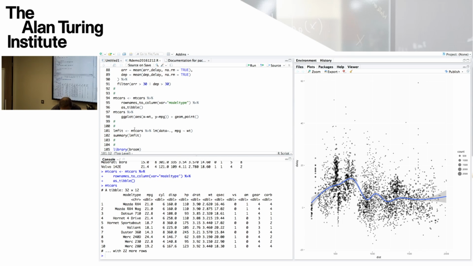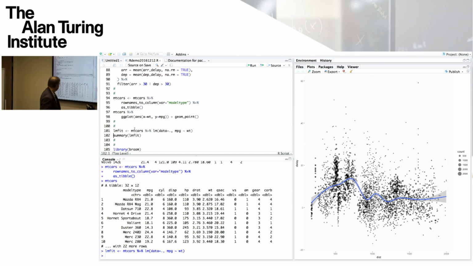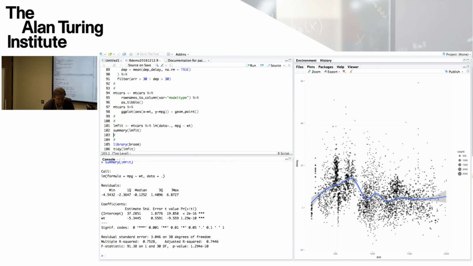And let's do one more. So if we take our tidied up version of mtcars and we do the following, then this tidier data frame becomes the data to an lm call. So we use the dot notation, as I've mentioned, to say that this left-hand side becomes inserted with the argument data to lm, and the model formula for the linear model is going to be a response variable mpg and weight as the predictor, and the saved output from that we'll call lm_fit. And if we do summary of lm_fit, then we'll get all that information there.